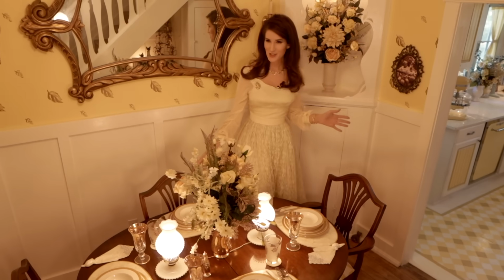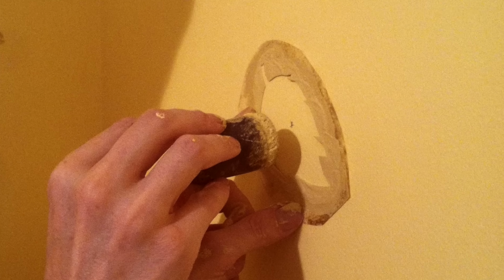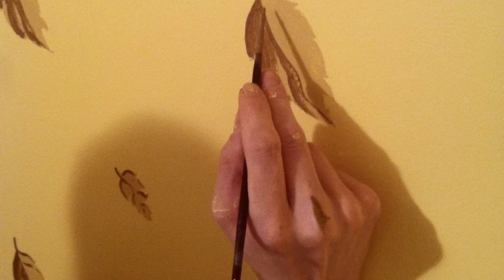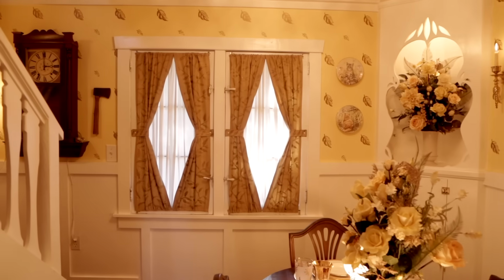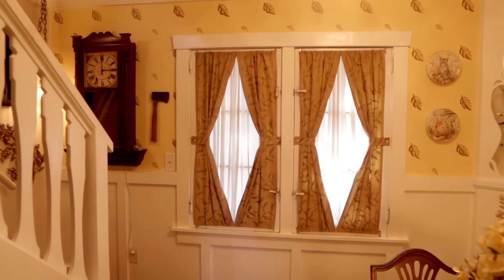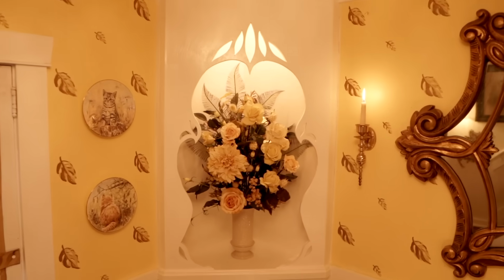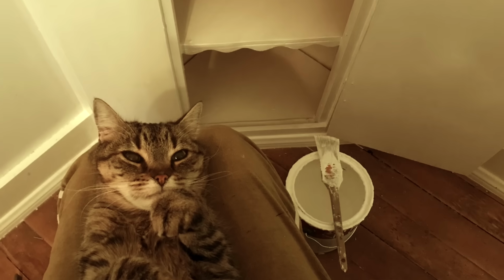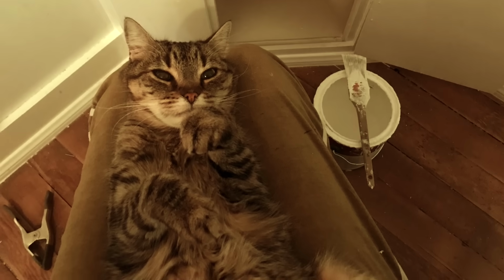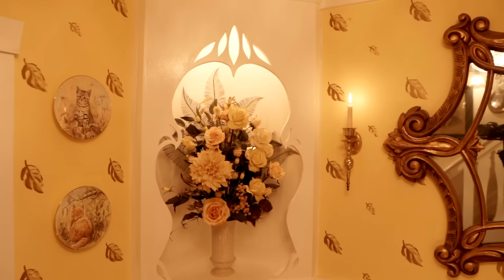This is my very small dining room. I found the table and chairs on Craigslist for, I think, about $80. Hand painted all of the walls and did my own stencil. I've made all the draperies in the house, so I hand painted a little bit of a pattern on these ones. And I even built these nice little corner cabinets. They're for storage, but it's 50-50, half decorative, half storage. I have a lot of extra dishes and baking supplies and things, and that's kind of where I stow that stuff away. I make all my own floral displays just from stuff at Hobby Lobby,